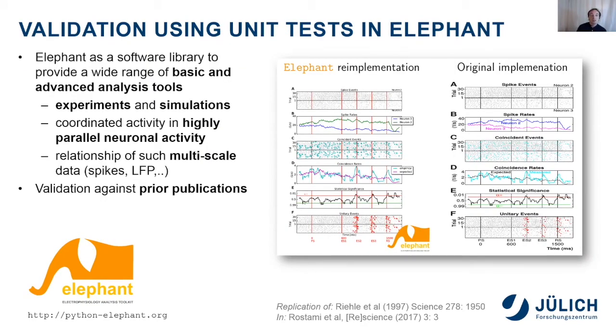To this end, we're developing the electrophysiology analysis toolkit Elephant as a software library to provide a wide range of basic and advanced analysis tools for experiments and simulation, with a focus on coordinated activity in highly parallel neural data streams, and also considering multi-scale phenomena such as relating spikes and mesoscopic signals such as the LFP. An important aspect when designing such libraries is to validate against prior publications, because only such a validation ensures that